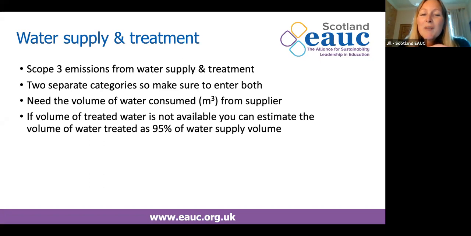Again, if it's not possible to get the water consumption from the supplier, we could look at methods of estimating. I'm not aware of any averages, but we could look at similar sized institutions and see what their consumption is based on either number of staff or floor area of premises. There are lots of different options for that, and they're quite a small source of emissions in the grand scheme of your total, so it's not something to be too concerned about if the data is not easily available. Next slide, please, Matt.